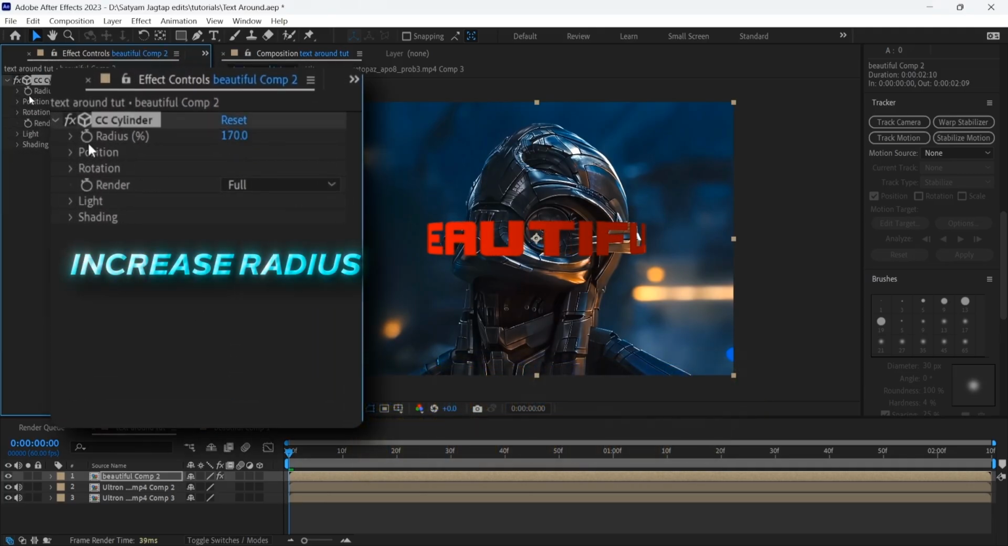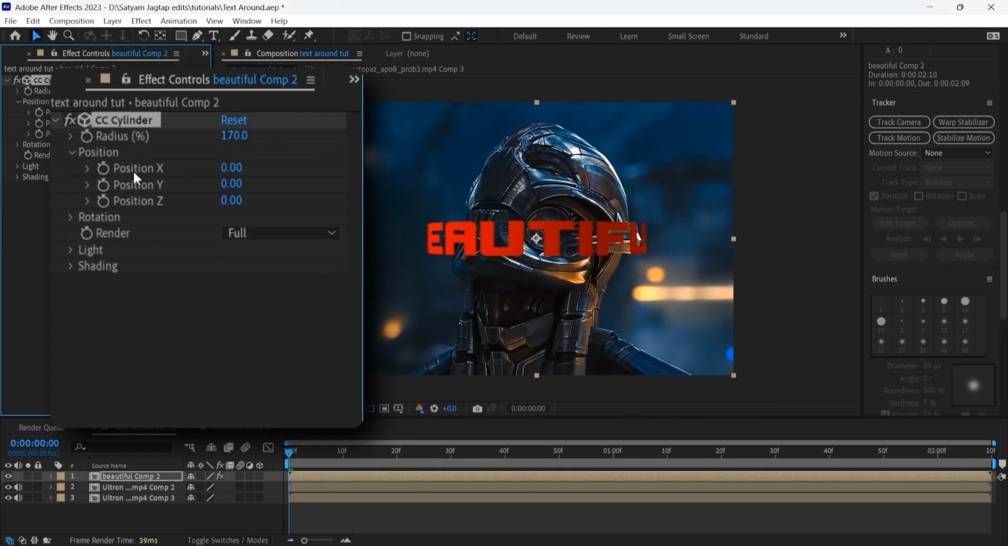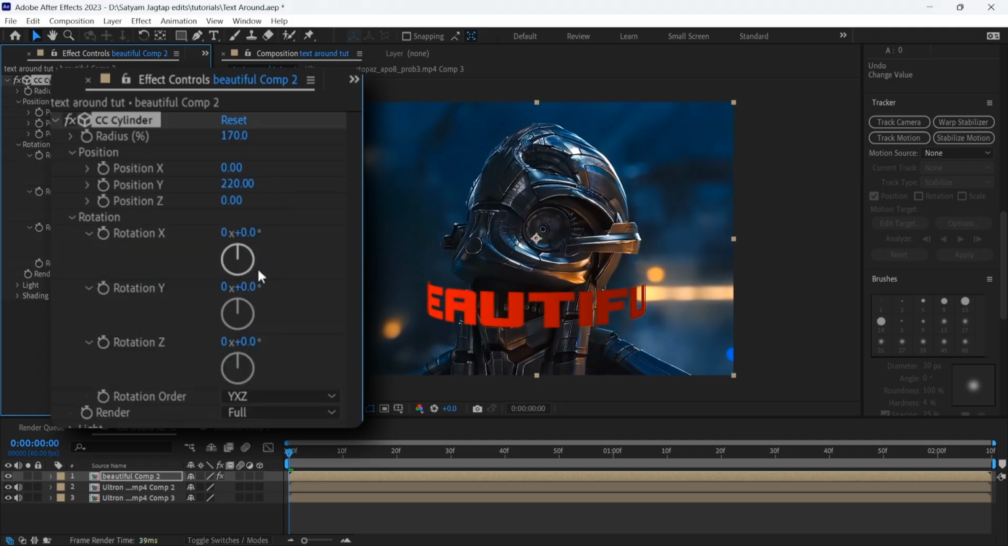Increase the radius of it, and you can see there are position sliders here. So adjust your position the way you want, and there is also a rotation slider. You can also adjust the rotation the way you want. Once you have your desired look,